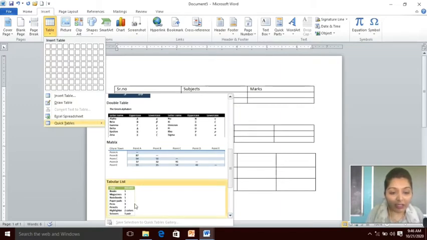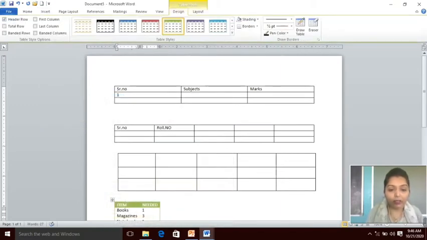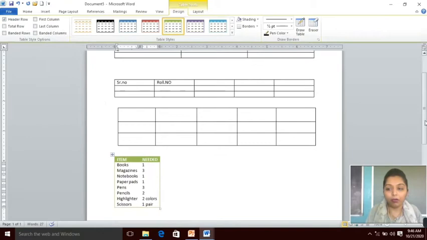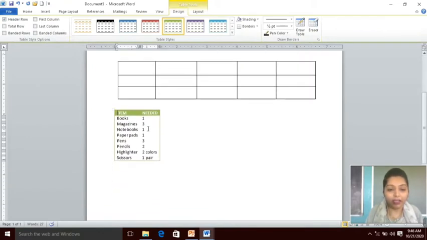Now we will just click on any one. See, here you can see I have selected one. Now I can edit the text also. You can see the cursor here. I can write here subjects, okay, and here instead of needed I can write here marks.